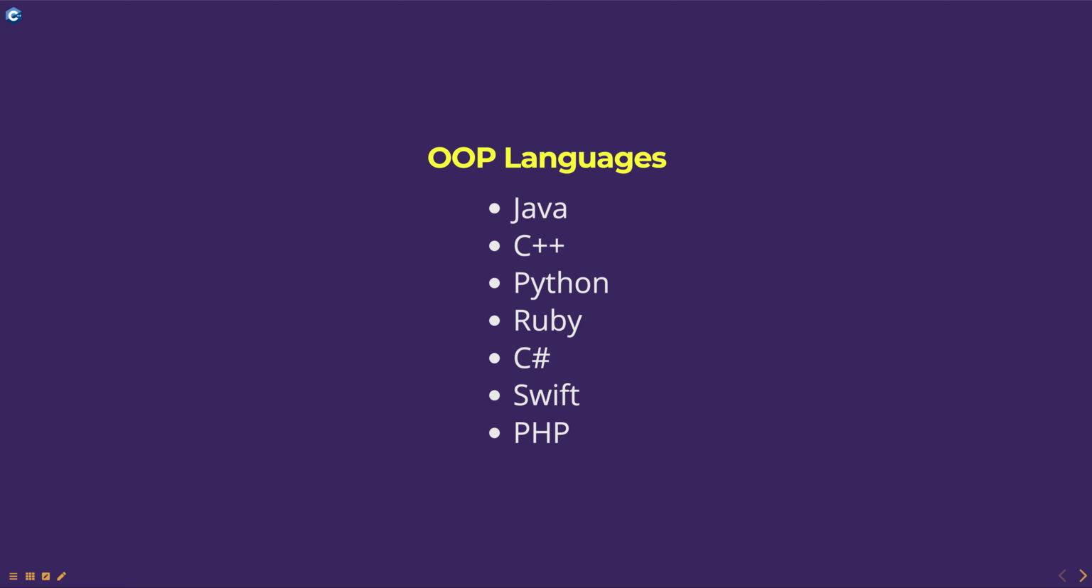All of these programming languages support object-oriented programming concepts such as inheritance, encapsulation, abstraction, and polymorphism. The specific features and syntax of each language may vary, but they all provide a way to model real-world objects